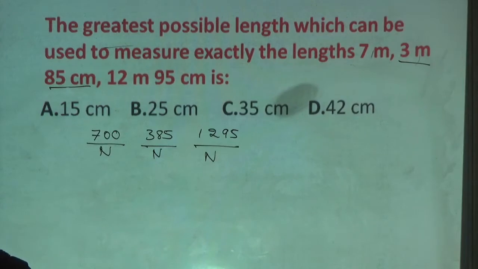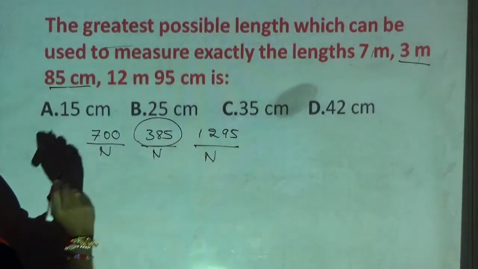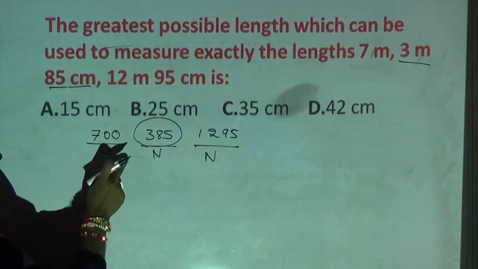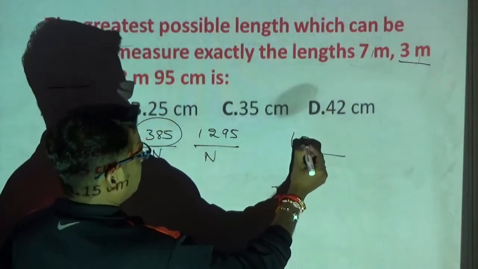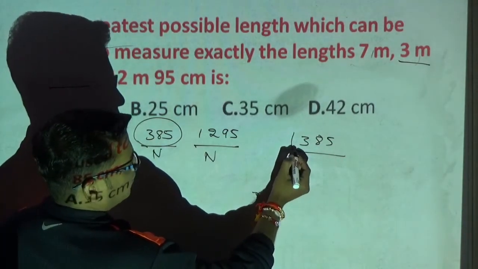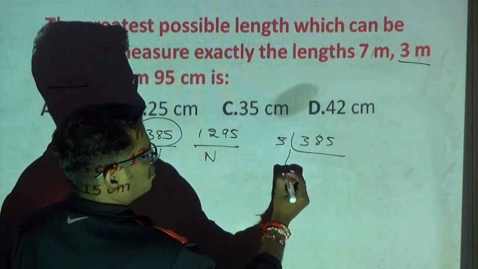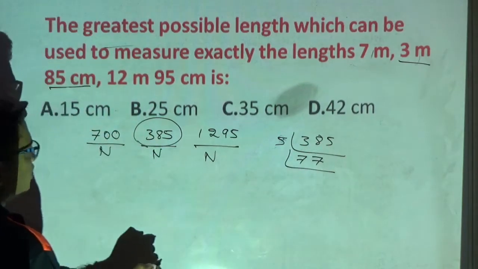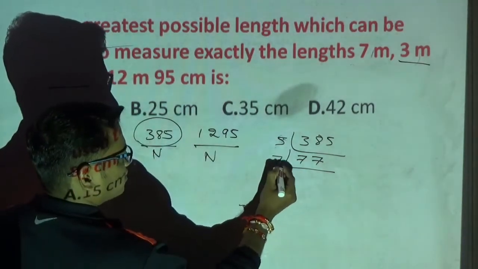I have already given you the trick, correct? Among all the three numbers, which is the smallest number? The smallest number is 385. From 385, whether you can divide these two? No. Therefore, tell the factors of 385. So I can go for 3. No, not 3. I will go for 5. 5 sevens is 35, 3 left out. From 7 to 7 you can divide these numbers? No. Again I will go for 7.